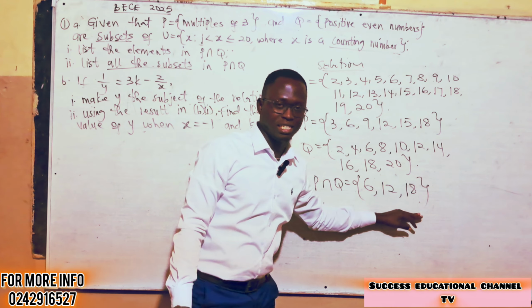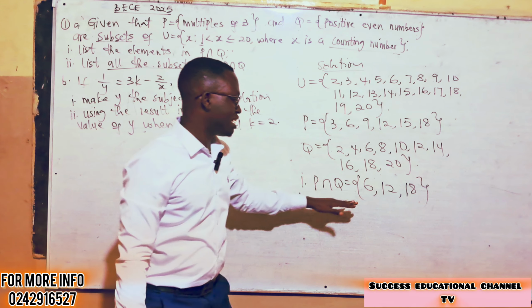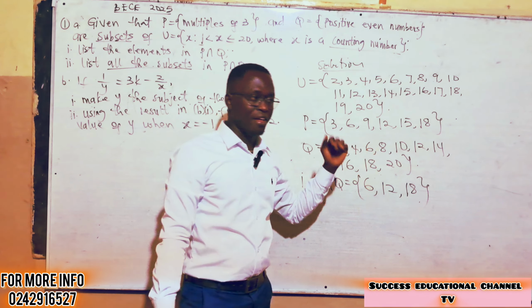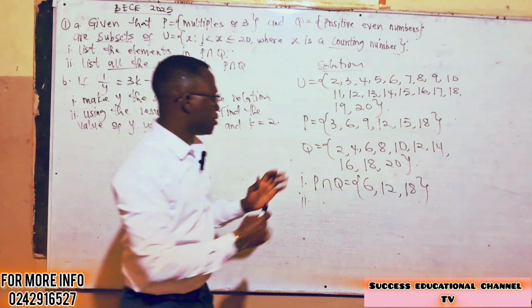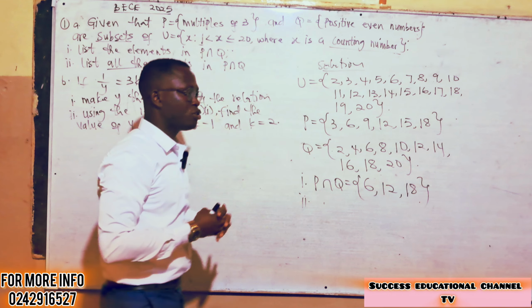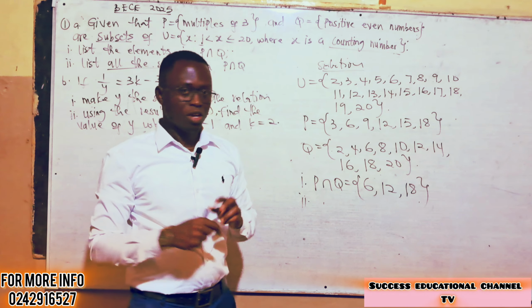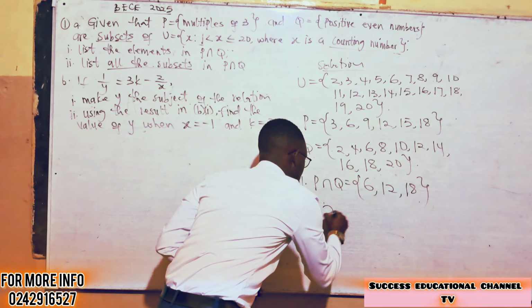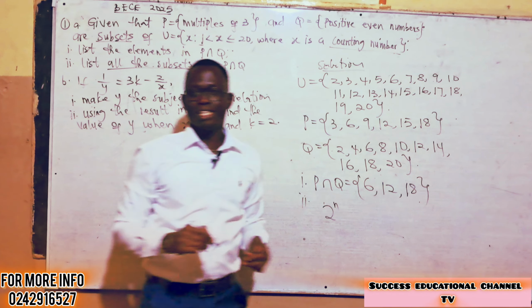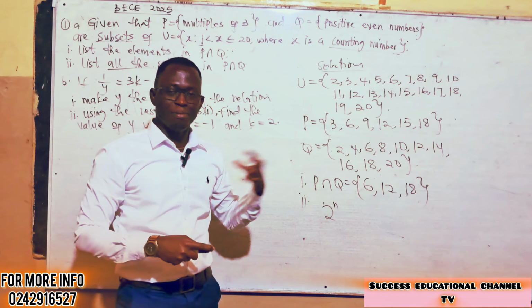So we have to consider the set first, and then we find out all the subsets. What we do is use the power set approach, which says 2 exponent n, where n represents the number of elements